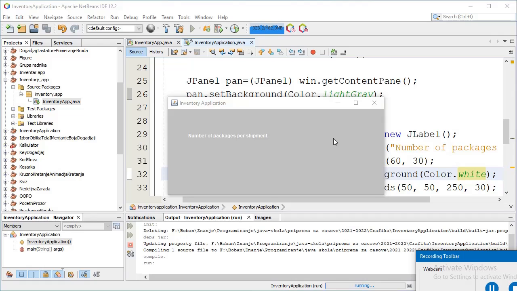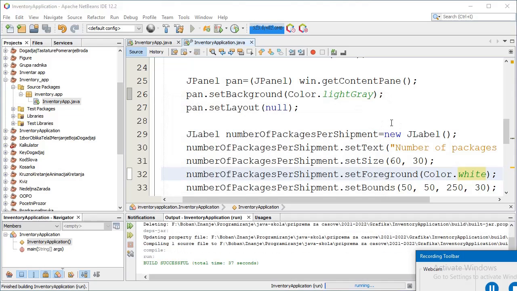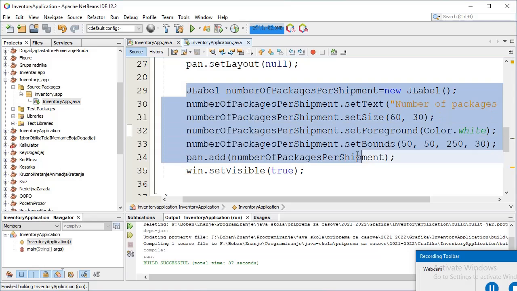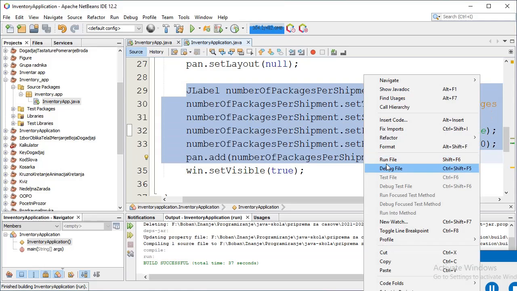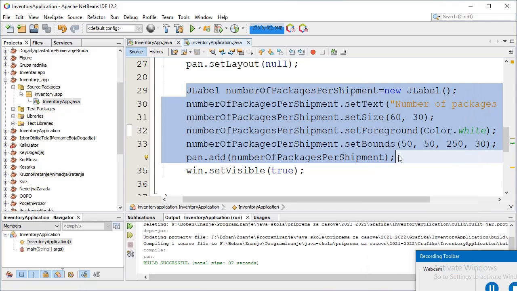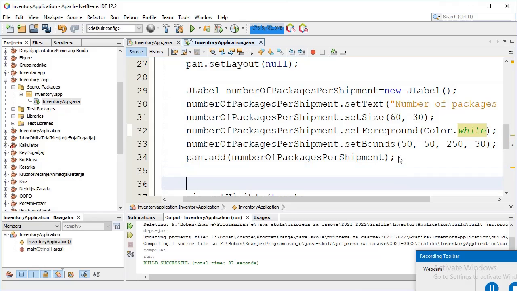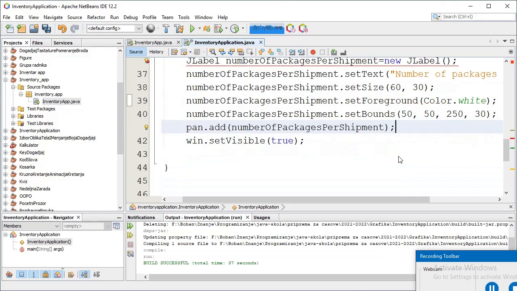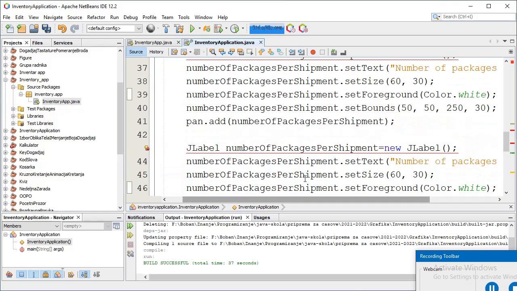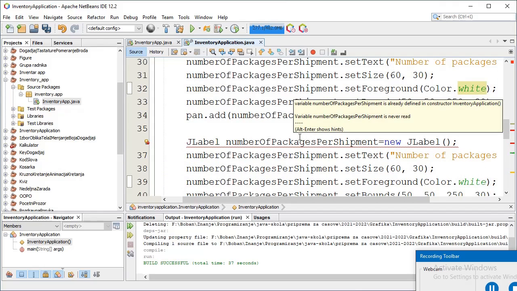I will next make two other JLabel objects. The difference will be the text on those JLabel objects and the position. I copy the previous code and change the name of the reference.